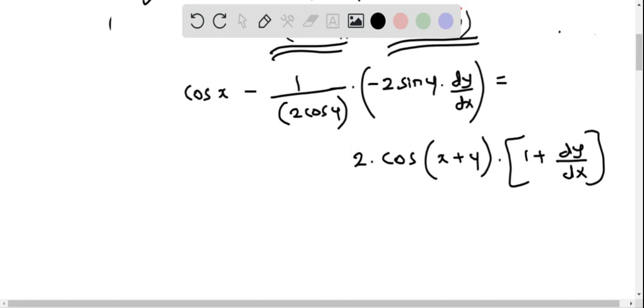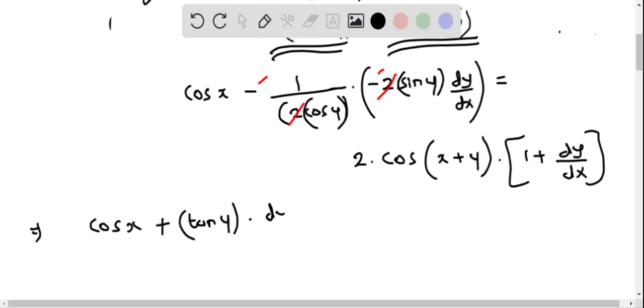Okay, so let's simplify this. We see that you can cancel this 2 with the other 2, and we have a product of negative and negative, which is positive. So I'm going to rewrite this expression as cosine of x. Negative negative is positive, so I put positive. And then this expression sine y over cos y, we know that it is tangent of y, times dy by dx,